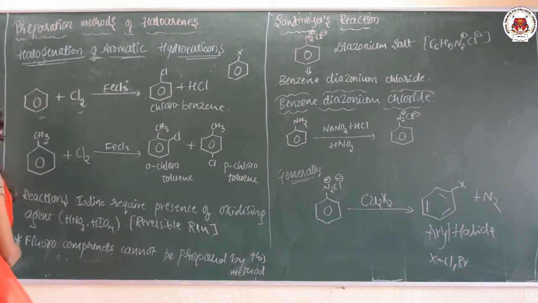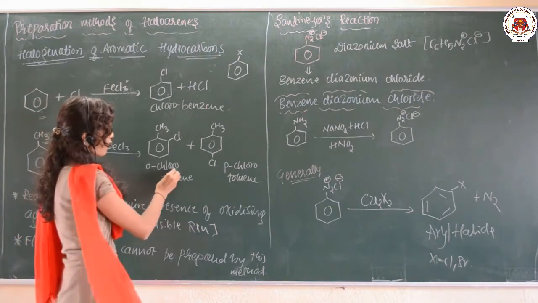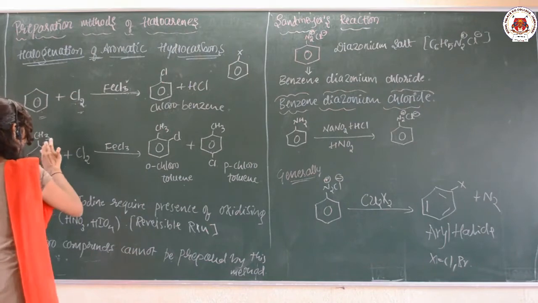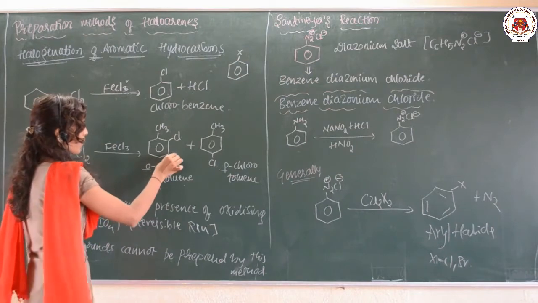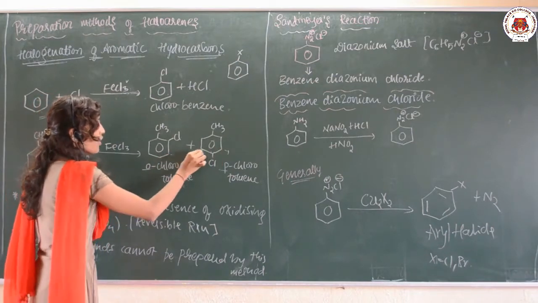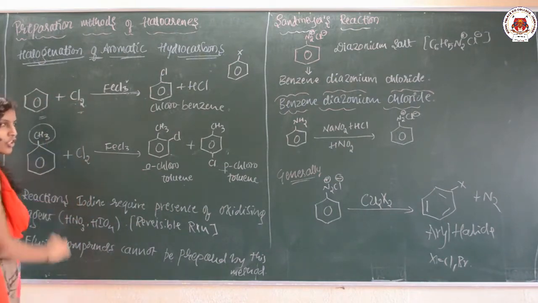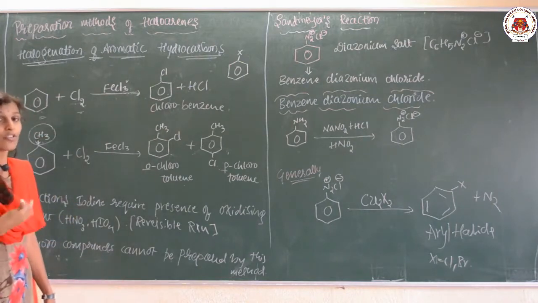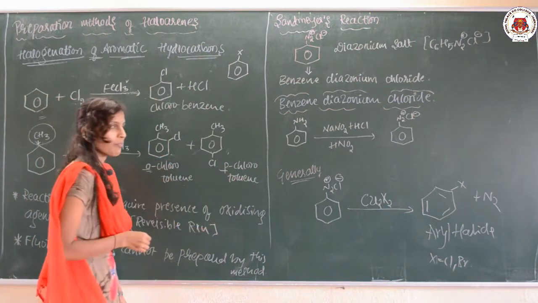Next, if I am taking toluene as one of the reactants, when toluene is treated with chlorine in presence of FeCl3, we are going to get a mixture, that is ortho-chlorotoluene and para-chlorotoluene. And you might have one doubt here: why are only the ortho and para products obtained, why can't the chloro be attached at the meta position? That again depends upon the attached group. CH3 is the electron donating group towards the ring. So electron donating groups towards the ring, most of the time, will give the ortho and para product.